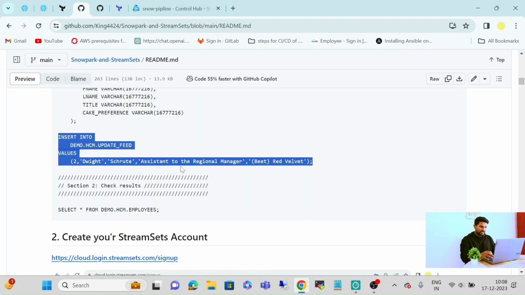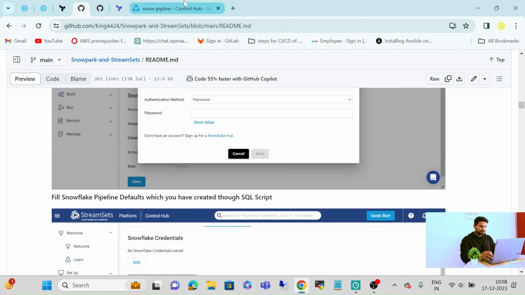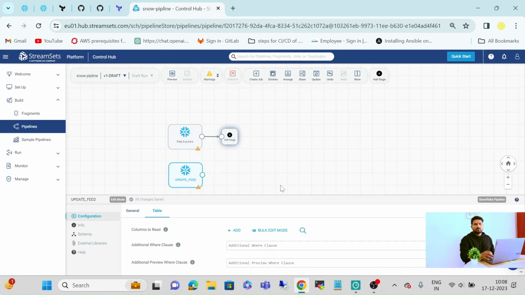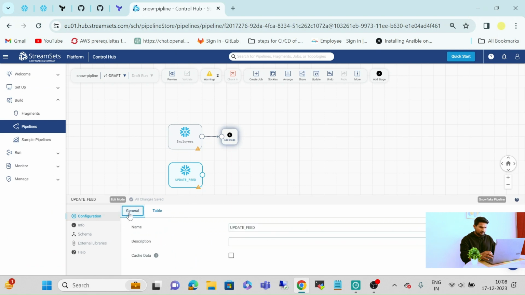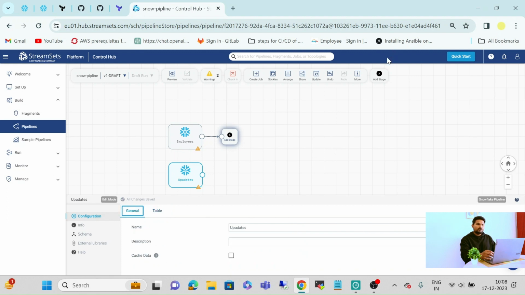So what is the next step? Now we have to add one slowly changing dimensions table.